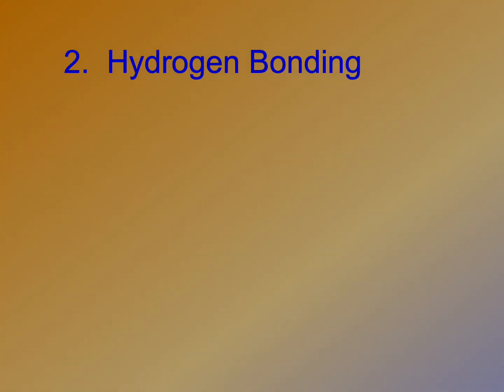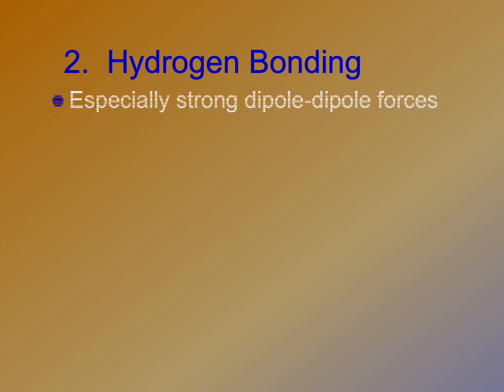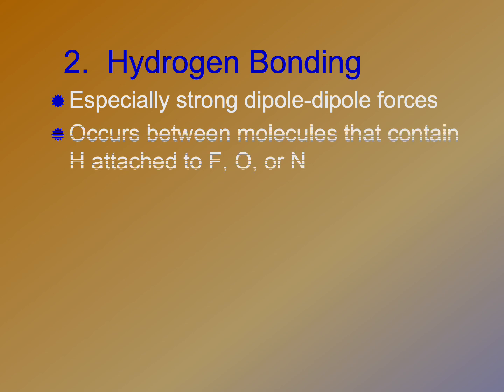We also have hydrogen bonding, and like I said, this you talked about in biology with DNA and proteins, and then we talked about it in Chem 1. But hydrogen bonding can be thought of as a very, very strong dipole force, and this is only going to occur between molecules that contain hydrogen attached to a fluorine, oxygen, or nitrogen. So you can remember that hydrogen is fun, F-O-N. That's whenever we tend to have hydrogen bonding.